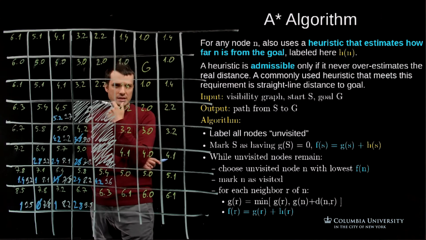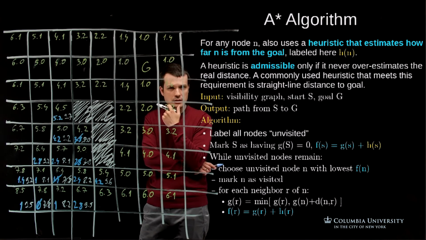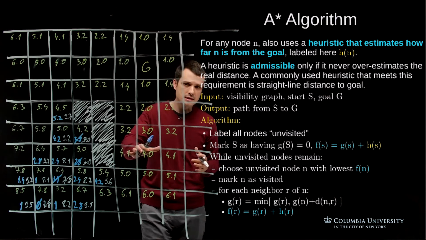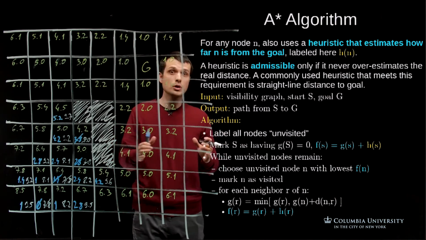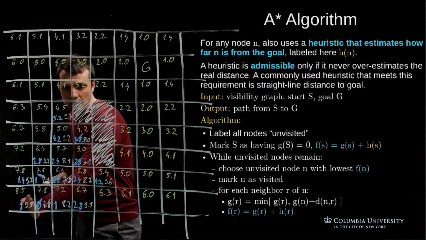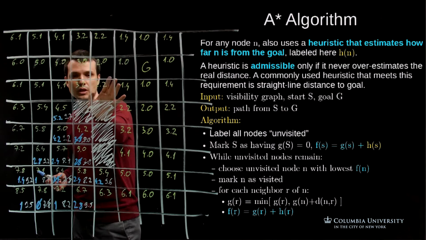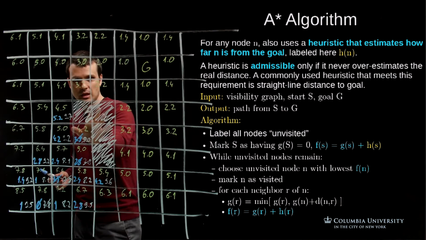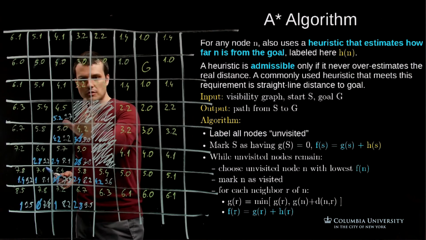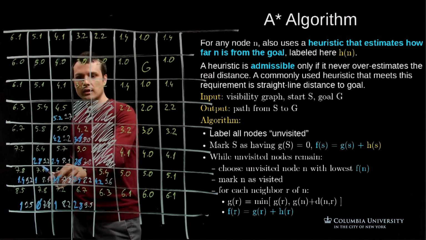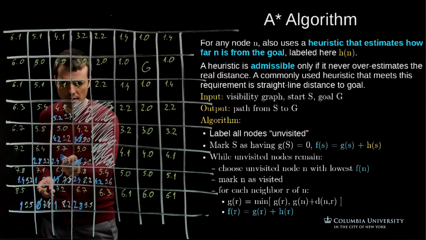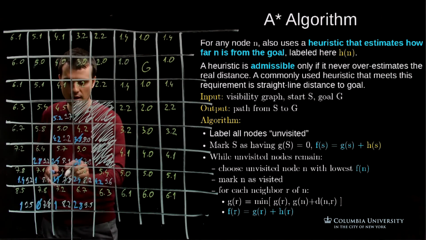Basically what's happening is that Dijkstra's algorithm expands in all directions. A star is guided by the heuristic to go towards the goal. So guided by that heuristic, A star really took off in a straight line. But then it hit the obstacle. And now it's kind of realizing, wait a second, this isn't right. I need to backtrack. So 8.1 is the next one that I'm going to visit. So let me mark this and